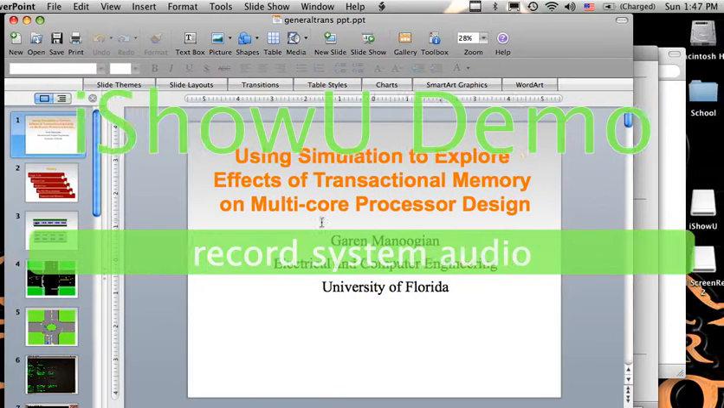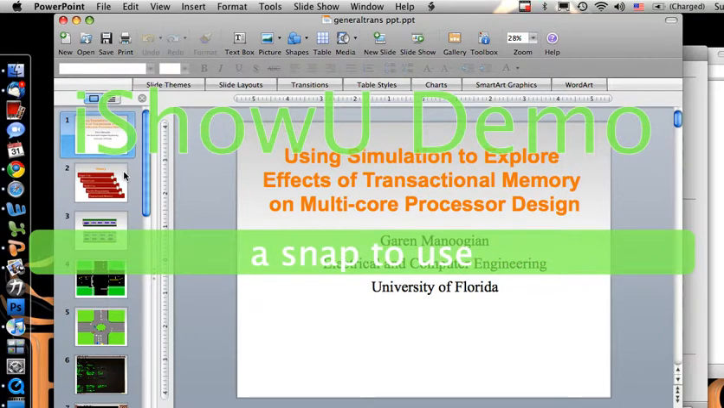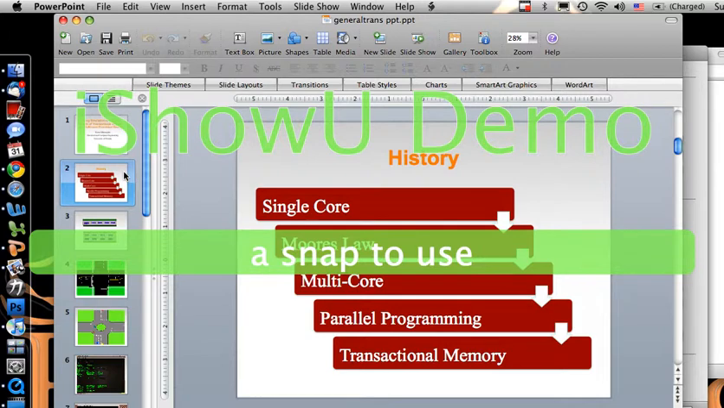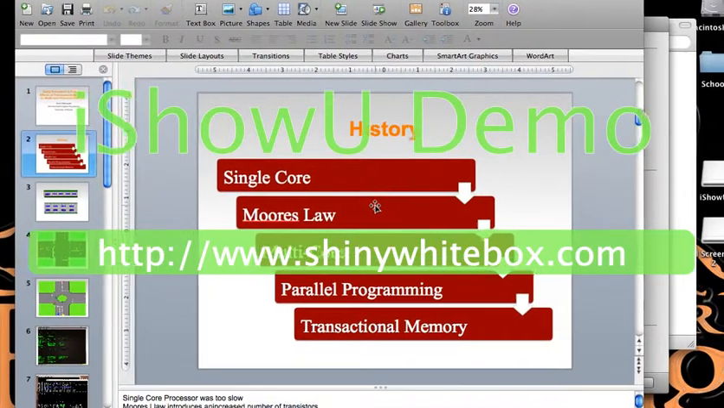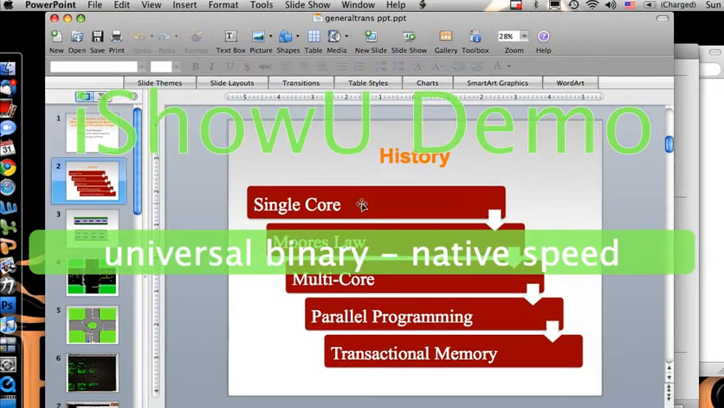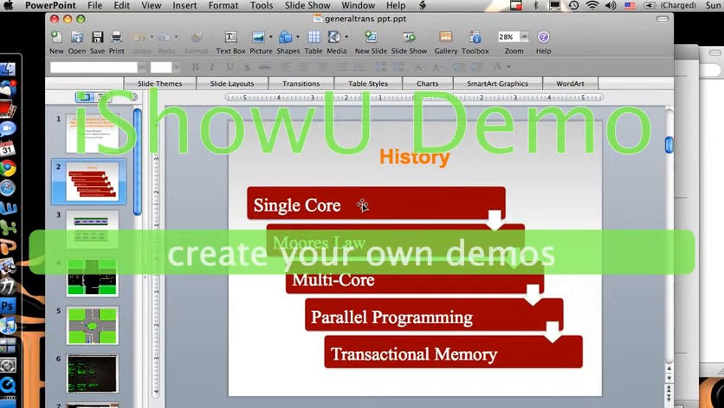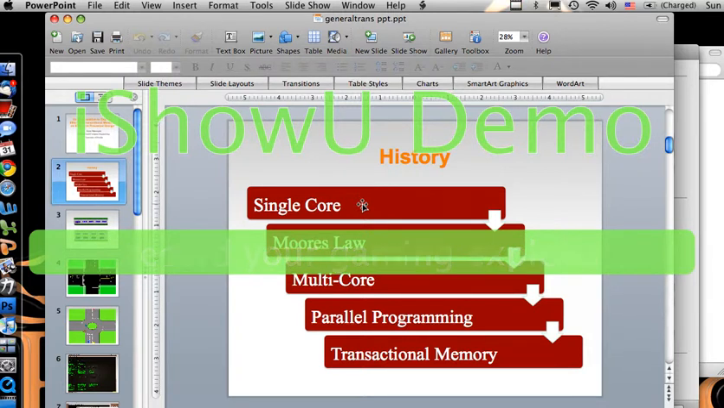So, transactional memory simulators. Transactional memory is a type of parallel programming. Now, the history of processors: you have single core processors. The problem with single core processors, according to Moore's law, is that transistor size is going to decrease roughly every 2 years or so. The problem with that is you'll eventually run into physical limitations, like heat control and transfer of electricity. That's why